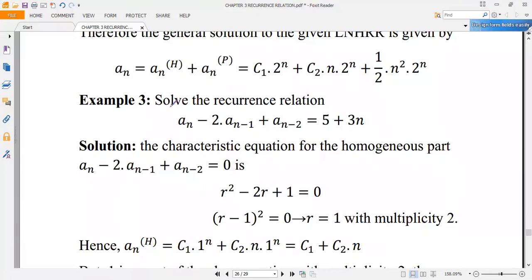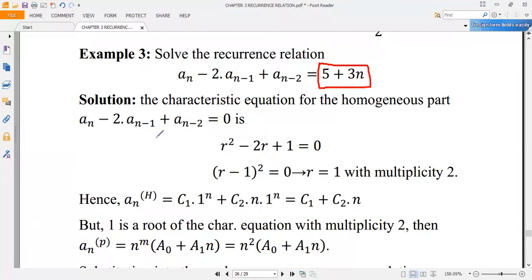Let's take another example with the polynomial function. With the polynomial, the non-homogeneous part becomes a polynomial function. So a_n - 2a_{n-1} + a_{n-2} = 5 + 3n. So the characteristic equation for the homogeneous part is